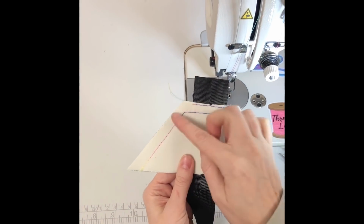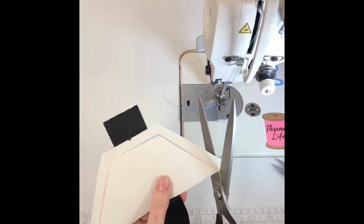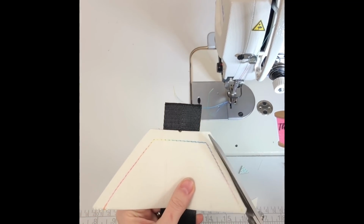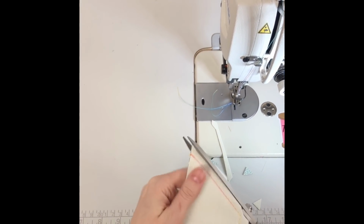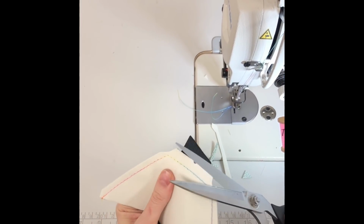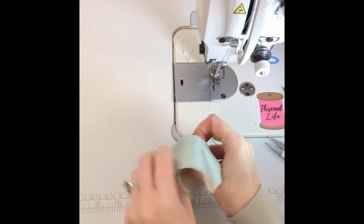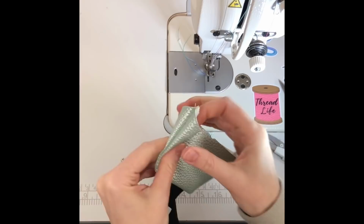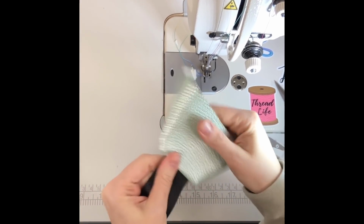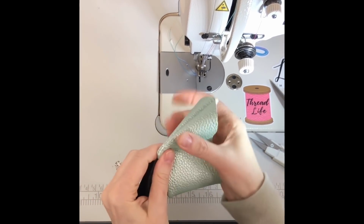Next thing, we're gonna trim down this seam allowance, but we don't wanna cut the webbing. So I'll just trim it down to about 1/4 inch. Come in around the corner here. All right, and then we're just going to turn this right side out. Need to get a pointy tool to push out those corners. Do that, otherwise we're going to go ahead and just